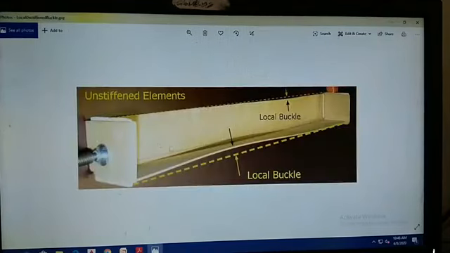So this is a real steel structural failure, right? You can see an angle which is subjected to local buckling. The angle was subjected to compression, right? See how the leg is subjected to local buckling.